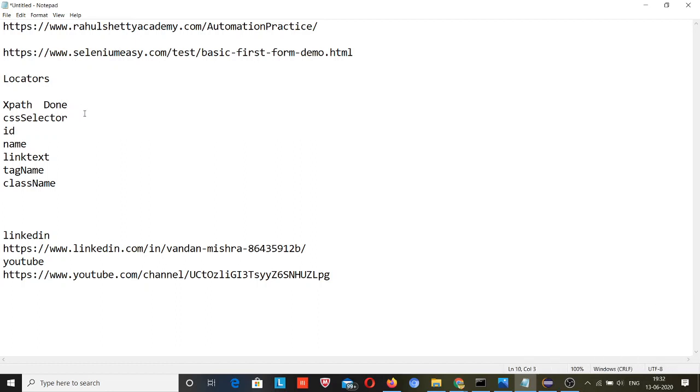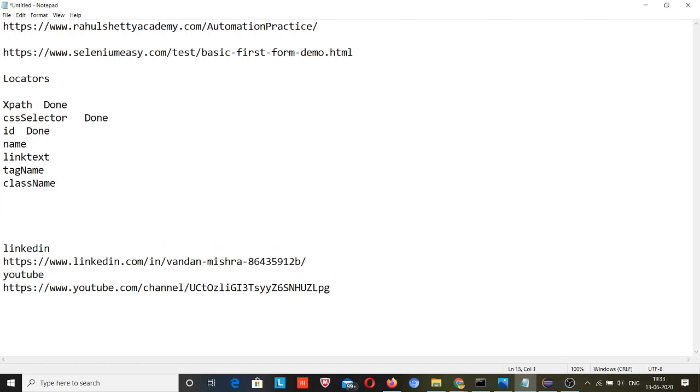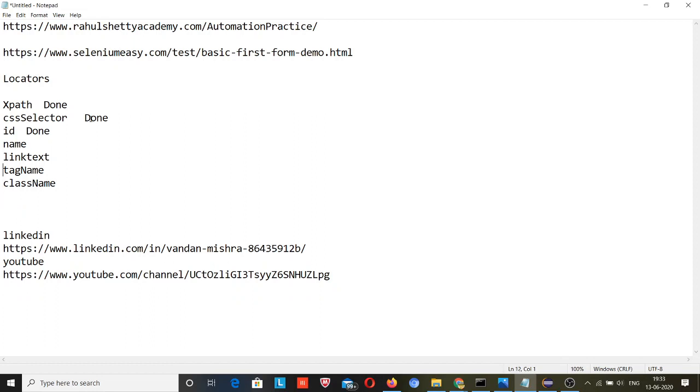So there is a technique for when to use which locator. The important thing is that when the id is present in any web element, suppose an input text box, you need to go with the id, because id will always be unique in a web page. So it is better to refer to the id.